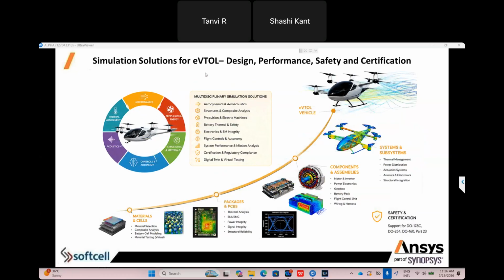So as I told you, the input and boundary condition is very important for the simulation. So for the material data, let's suppose you are using carbon fiber, you have multiple stack-ups, multiple plies for the composite development.